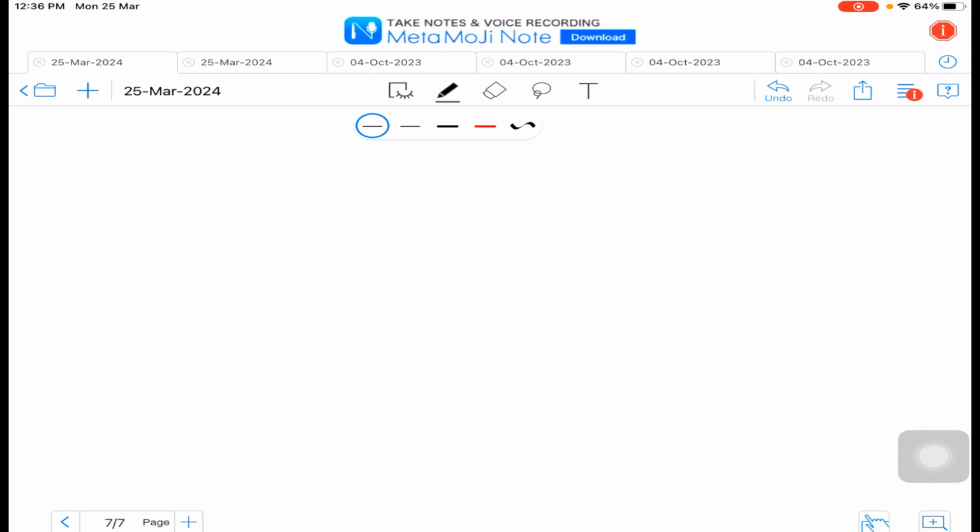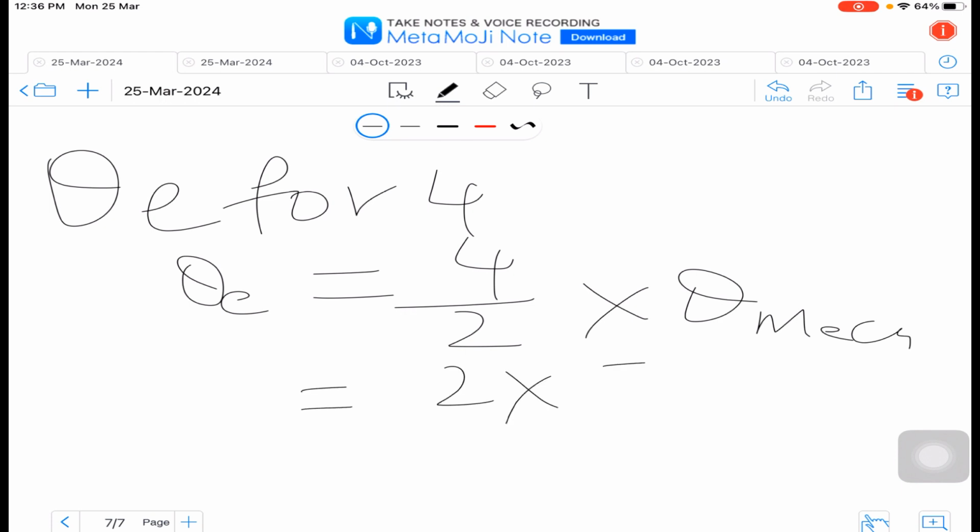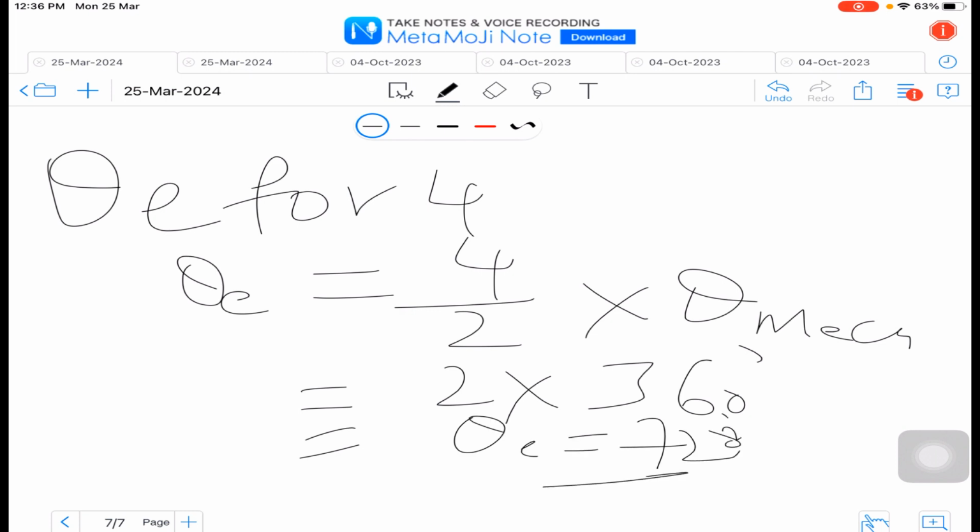Why is it so? Let us take the case of a 4-pole machine: theta electrical is equal to 4 by 2 into theta mechanical. Here 4 by 2 is 2, and theta mechanical is 360 degrees, so we get theta electrical equal to 720 degrees. Theta mechanical is the angle measured in space, and theta electrical is the angle measured in cycles. Hope you all understood the concept of different